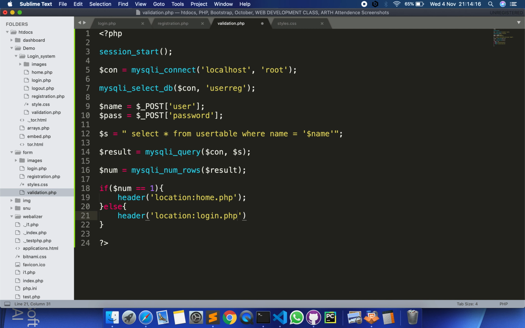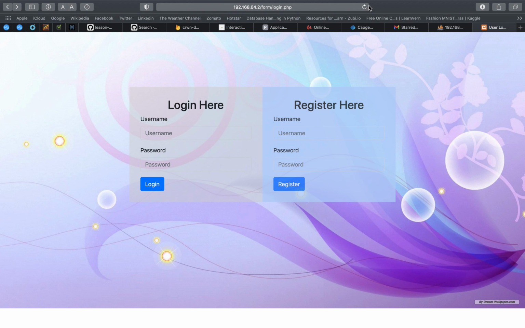So this was one of the important steps that we have done. Now there are two steps left: we need to create the home part, and the last part is the logout part. I'll be covering that in another video. Till then, let's see if this works or not.